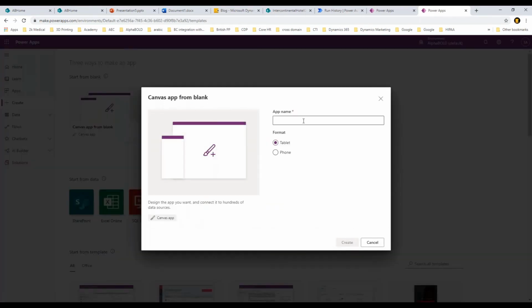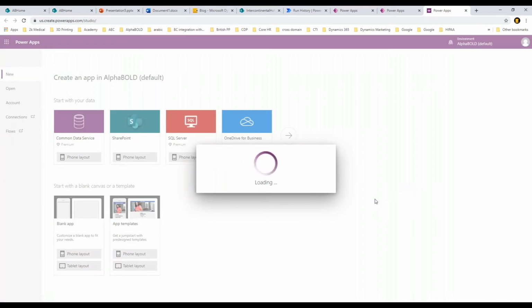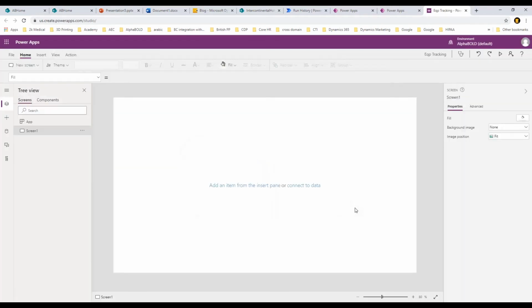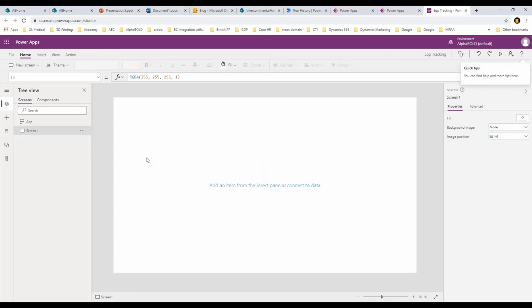Okay, I'm gonna go in now, and I'm gonna start from a create canvas app blank, right? So I'm gonna go in here. I will say I want to create this new Power App. I want to call it again equipment tracking. And I want to have the format of this orientation. And I will show you now. So essentially, we are starting from scratch without anything. I want to build this app for you. And usually we do this app in a day, but we'll probably try to do it in 5 minutes here because we are in the middle of this